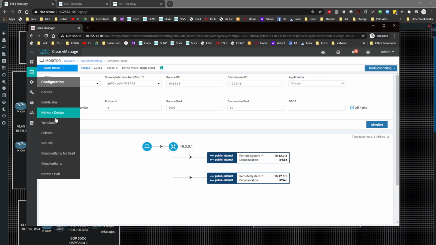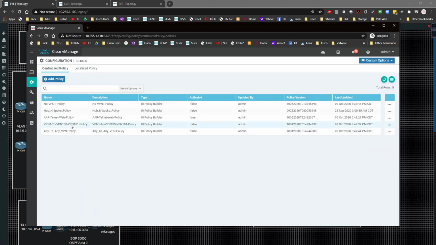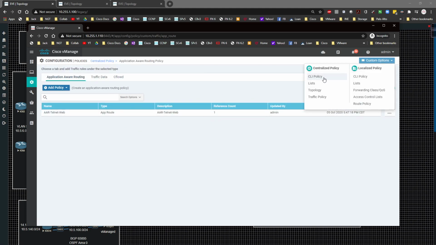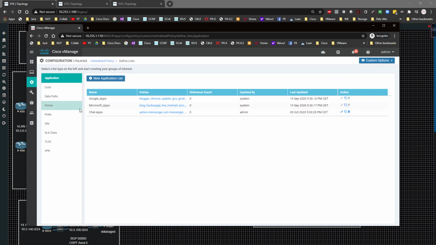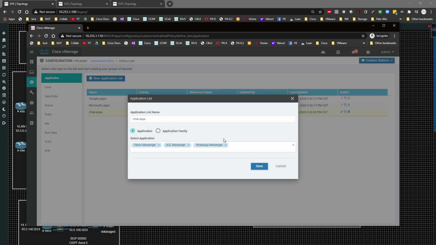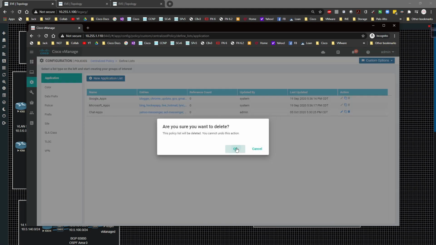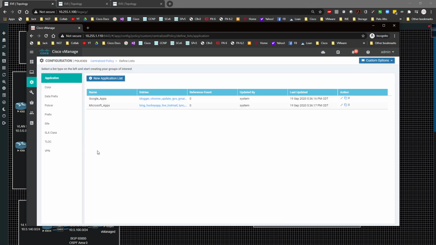I'm going to go back over here to policies, and I'm going to click on this guy and go to traffic policy. And actually, before I do that, let me go back to my lists. And right here, I've got a chat apps application list. If we were to come in here and edit this, you can see that I've got some applications here. I'm actually going to delete this real quick just so you guys can see how this works. Yep. There we go. And then I'm going to go back over here to custom options and then traffic policy,